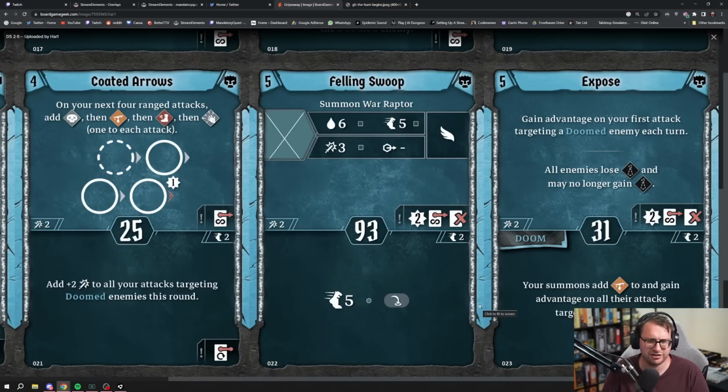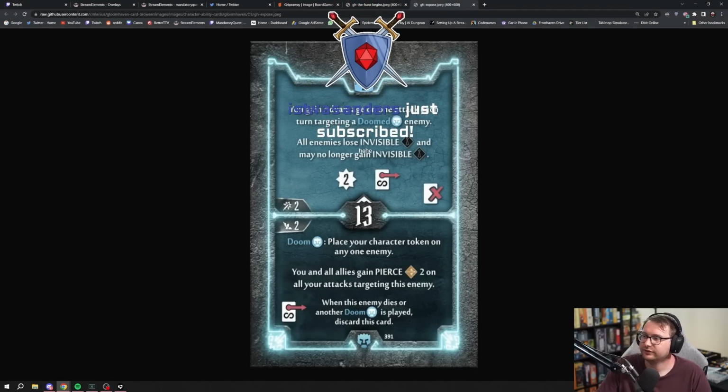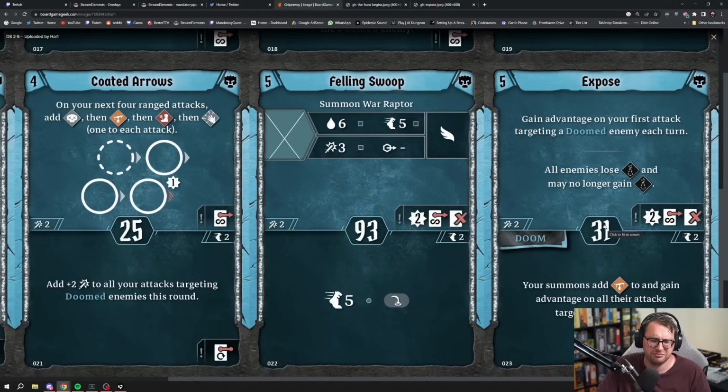The big difference here is that this is a higher level, right? Was this level 3 before or level 4 before? Level 2? Oh, it was level 2? Jesus. Okay. It was level 2, but it is the same. It's 31 instead of 13, but your summons add wound to and gain advantage on all their attacks targeting this